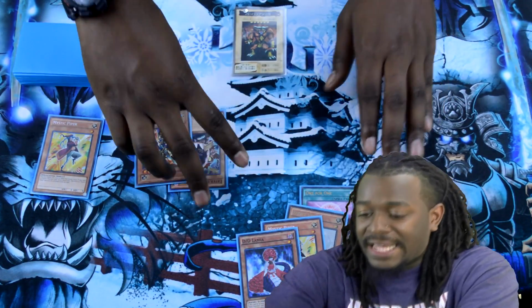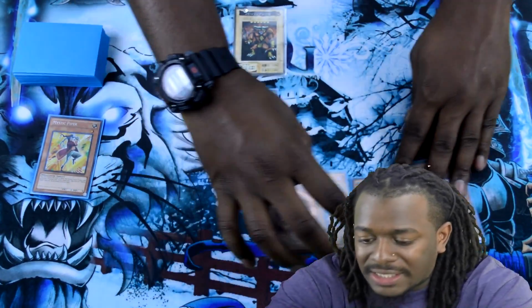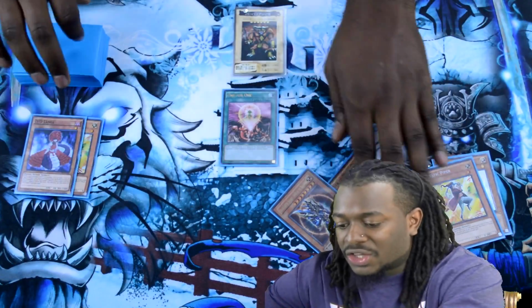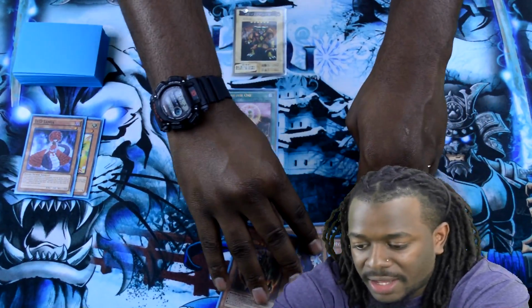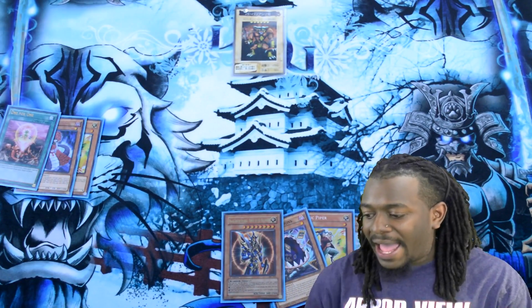Can I stop right here? Can I please stop right here? We're going to use a 1 for 1's effect, and we're going to send the Lamia to the graveyard. Can you guys see everything? I'm just going to leave that right here. Good. All right, I'm going to send the Lamia to the graveyard, and now I have...